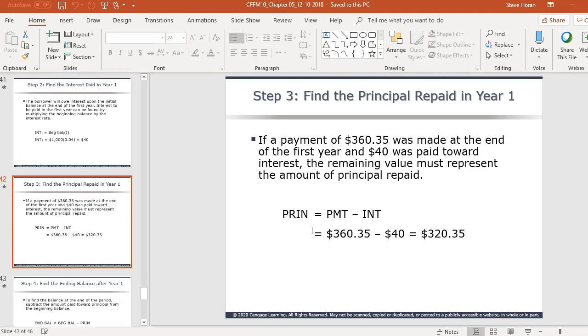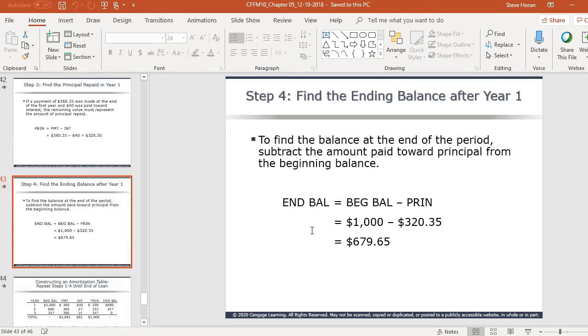Okay, and so the difference then is it says here if a payment of $360.35 was made at the end of the year, and $40 was paid toward interest. The rest of it's principal. Okay, so the principal is the payment minus the interest. And then the balance of the loan then is the principal balance of $1,000 that was borrowed minus the principal repaid of $320. So that after